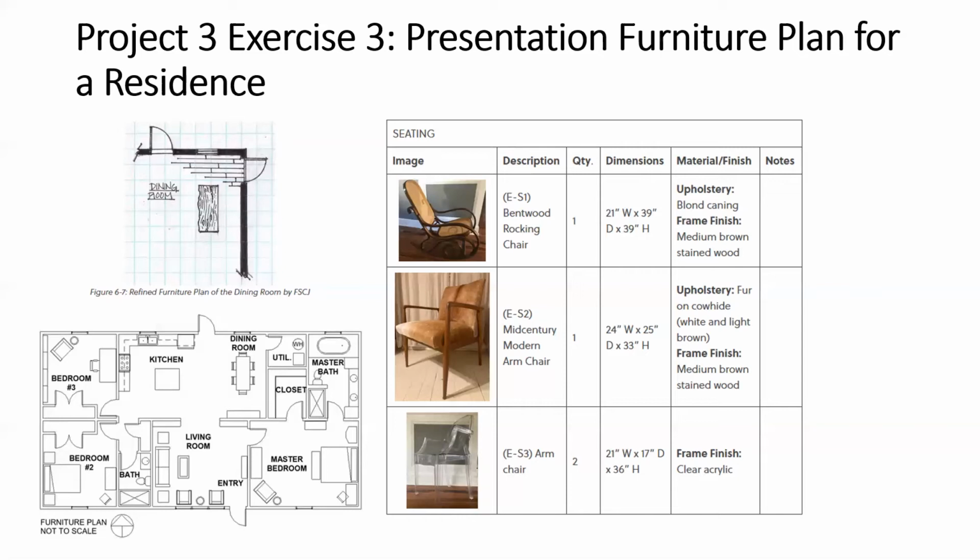The other thing to keep in mind is that when you draw a floor plan, you just see the view of the furniture that you would see if you were stuck to the ceiling looking down. So just be aware that you're probably not going to see legs of dressers or legs of side tables or anything like that. You're going to see just the top view of the furniture in your hand-drawn plan.